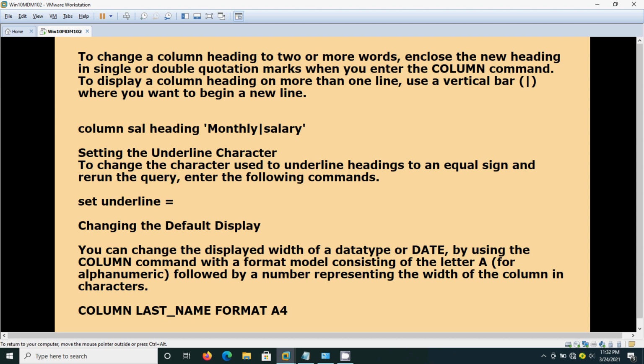And if we are having a column heading with two or more words, I've already told you, you need to enclose it within single or double quotation marks. But if you want to display the column heading in more than one line, we need to go for the pipe operator, that is the vertical bar.